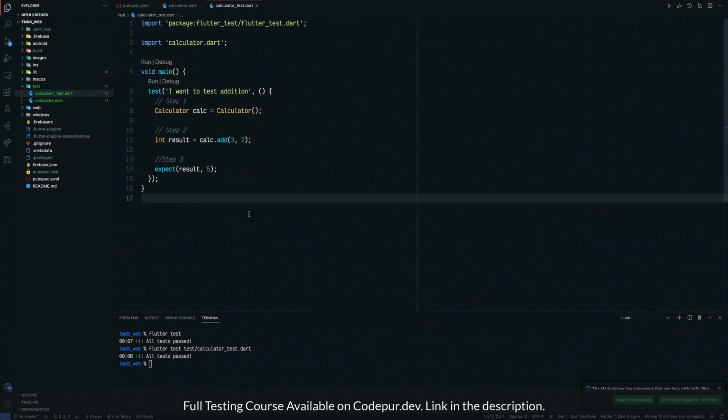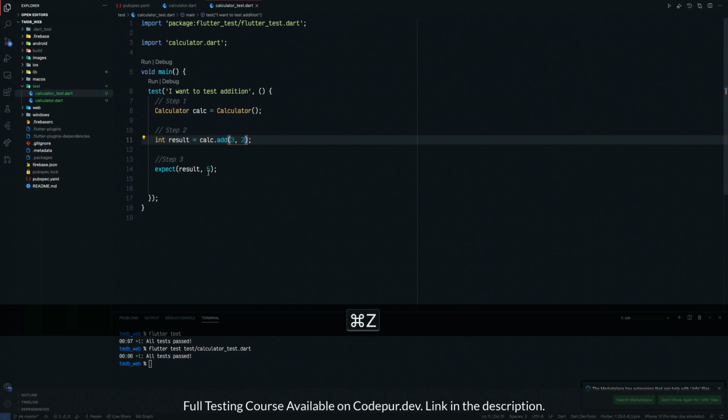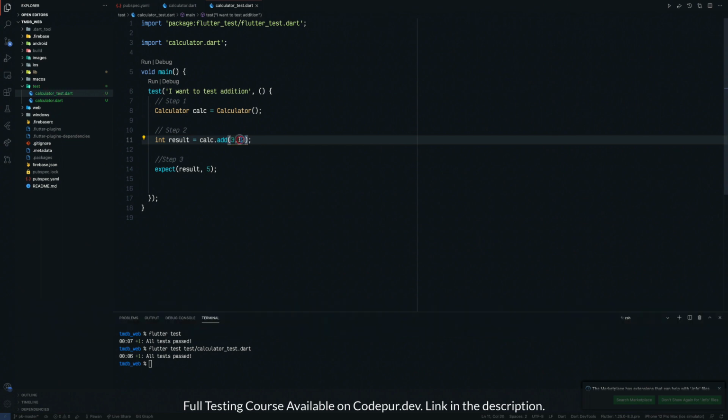So this is how you write a test case. But when I'm saying that 3 plus 2 is 5 and it is giving me 5, it is fine. But what I would also like to test is 3 plus 3. What if I give it another value, 3 and 3? Then it should not be 5, it should be 6. Or let's say for everything it is returning 5, then also it's a problem. So we can write as many expectations as we want. For example, I want to know that 3 plus 2 is 5, but it should not be 6.